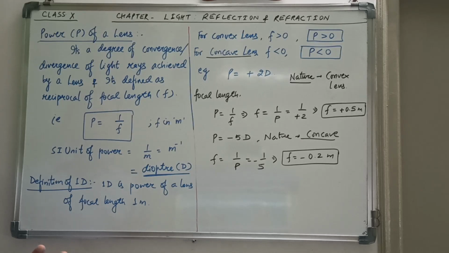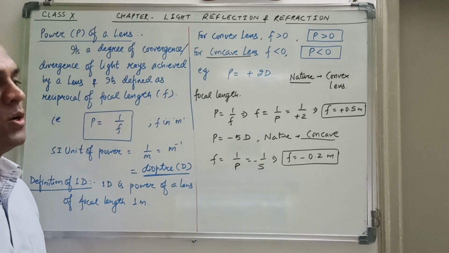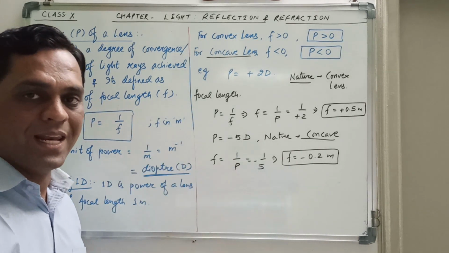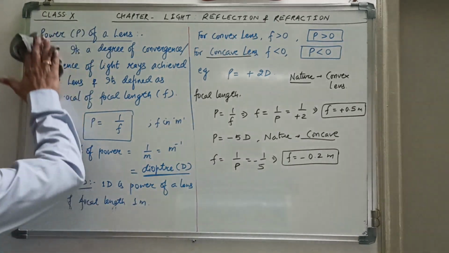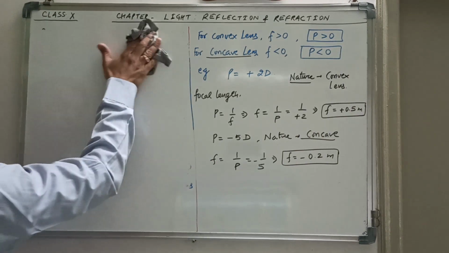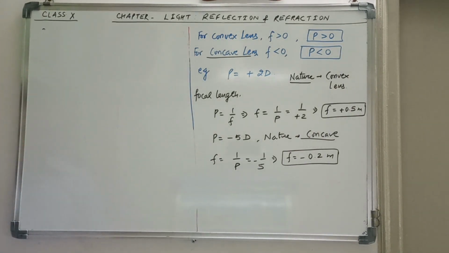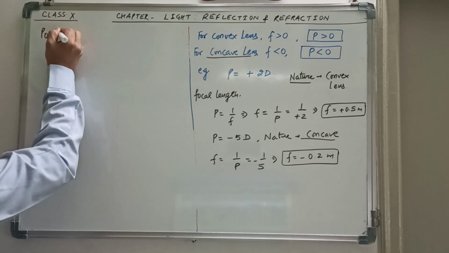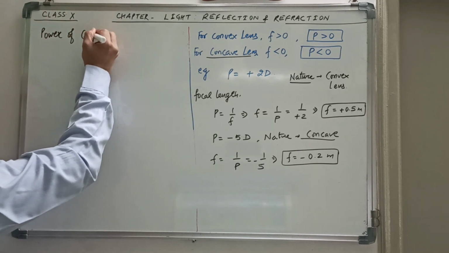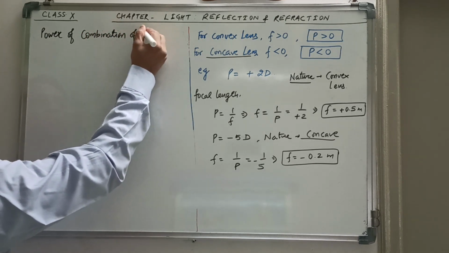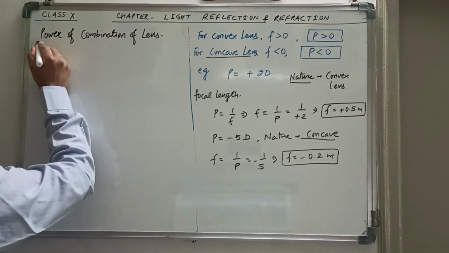Okay, so this is the power of a single lens here. But sometimes, to increase the magnification, to get an enlarged image of the object here, we need to use a combination of lenses here, correct? So in that case also we can find the effective power, or the power of the combination of lenses here. That's the last topic we consider now. So we take power of combination of lens.